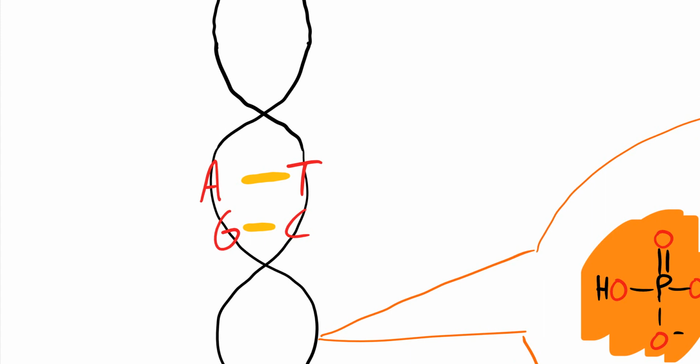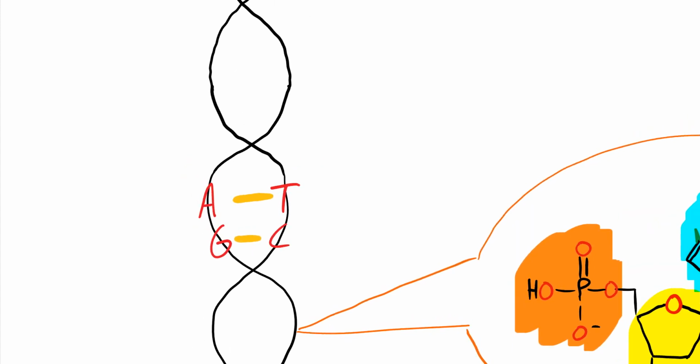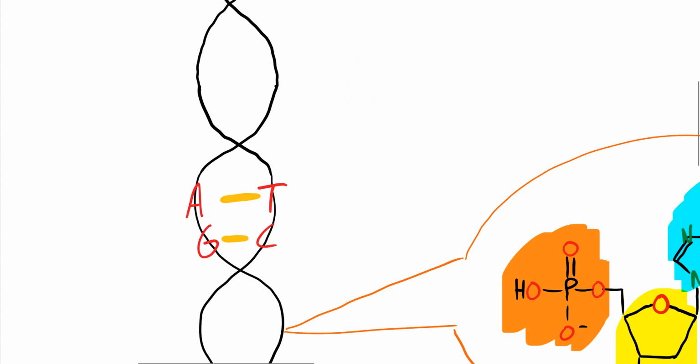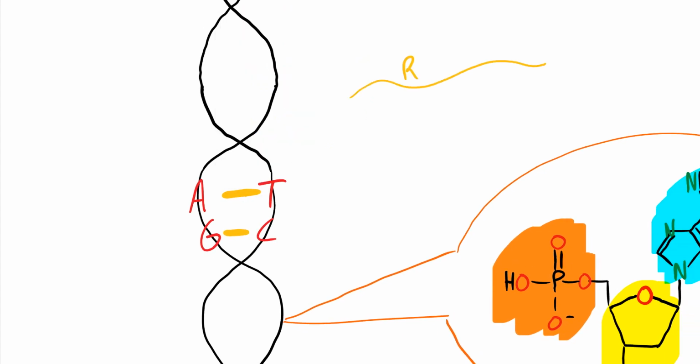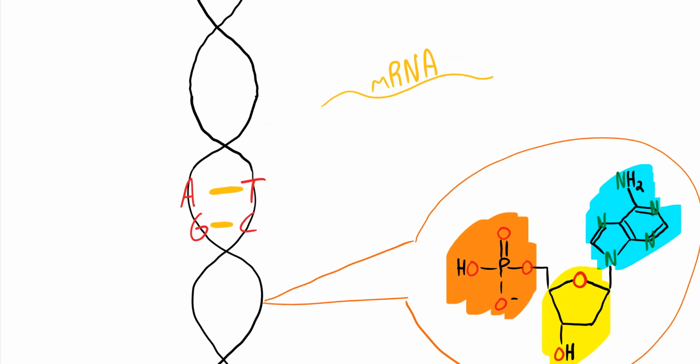The way it works is the double helix opens up, and there's a machine that we call polymerase. That's where we get the letter P in PCR. PCR is a process that we use to detect things like viruses. The polymerase in PCR connects to one of the strands and copies the DNA into what we call a messenger RNA strand. And the messenger RNA strand goes out of the nucleus,